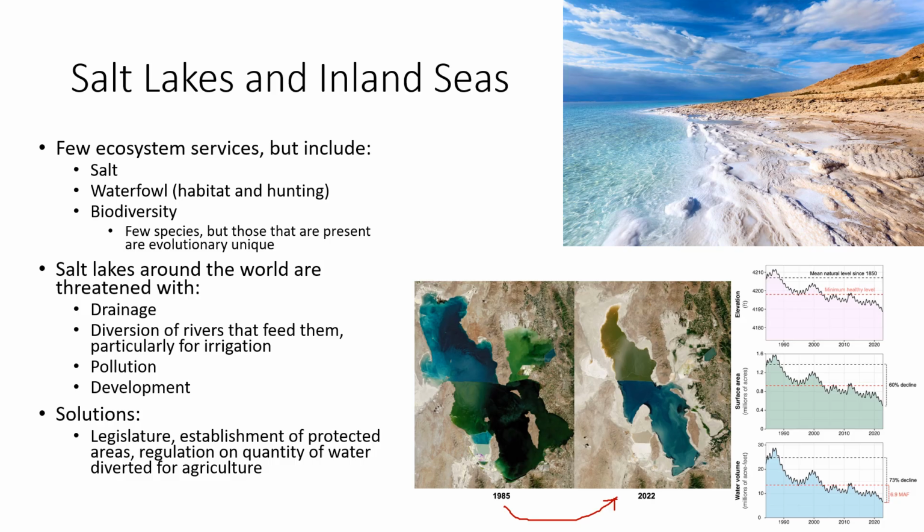Now, it might sound not a big deal if salt lakes recede because they don't perform many ecosystem services, but the ones that they do perform are pretty essential. And one thing that I didn't mention, I'll get to. One for the Great Salt Lake is that it's a very important stopping place for migratory birds as they move from their winter grounds in Mexico, southern United States, up to Canada and Alaska. The Great Salt Lake is an ideal stopping point for many birds throughout what is otherwise a very arid region